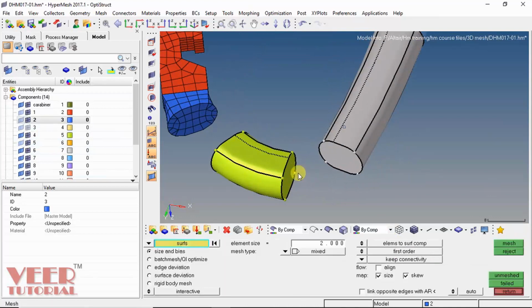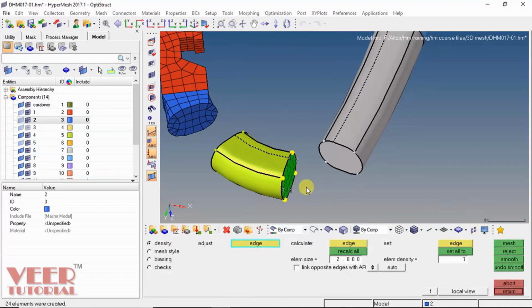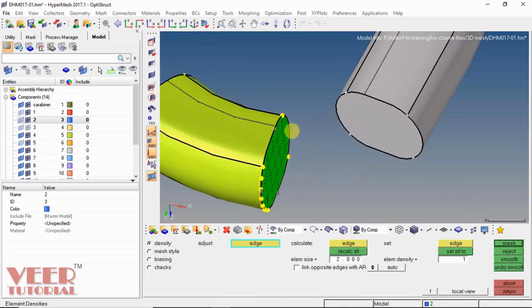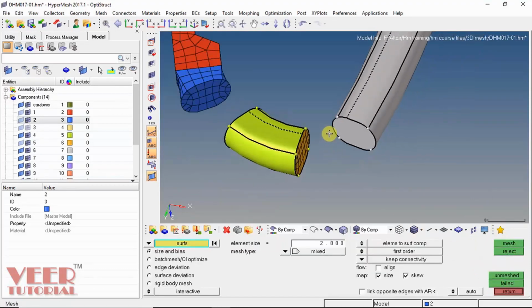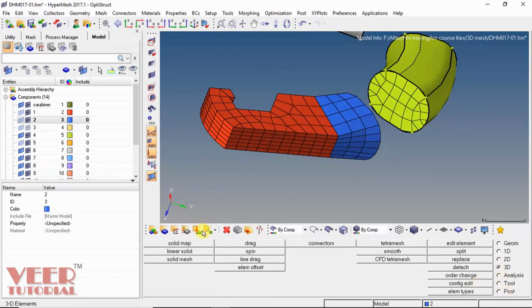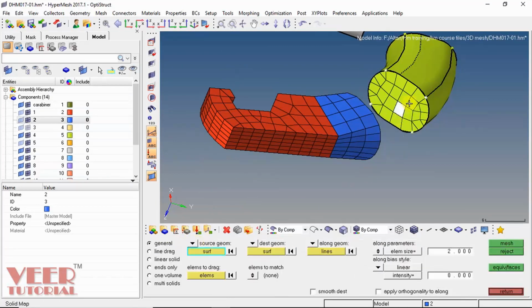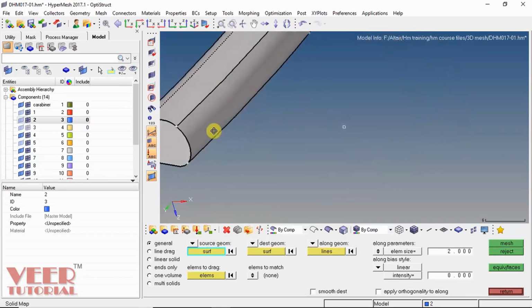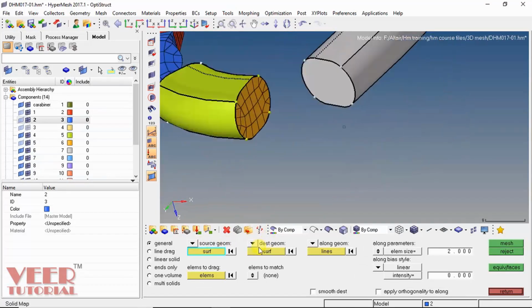Auto mesh, do the meshing on this element, click on auto mesh, make it 6, 6, and then go to 3D, source geometry, and then we need to select destination. This is the destination.